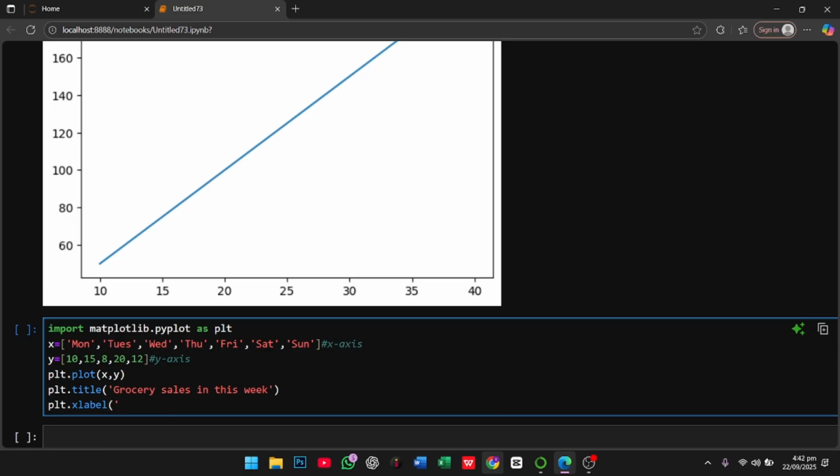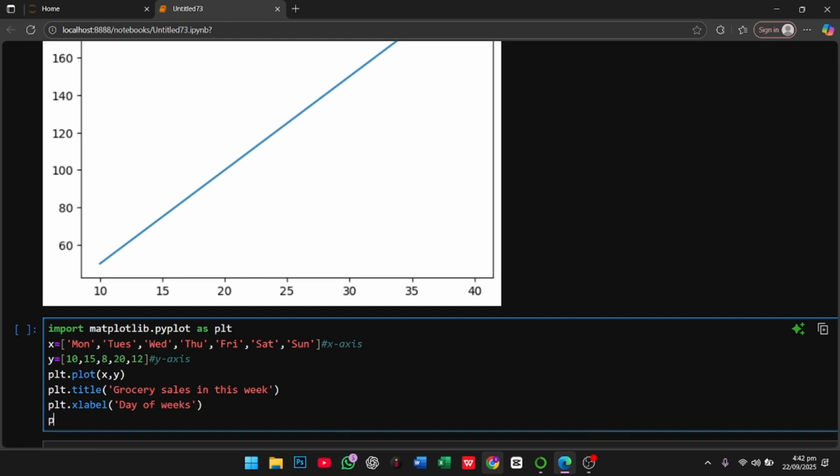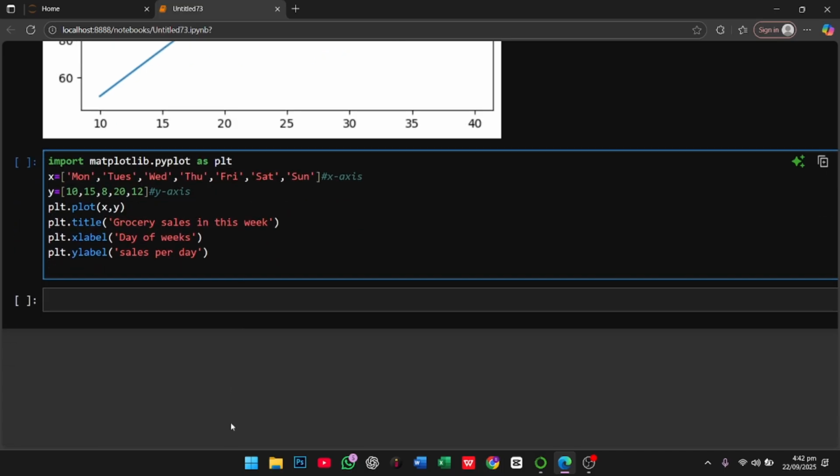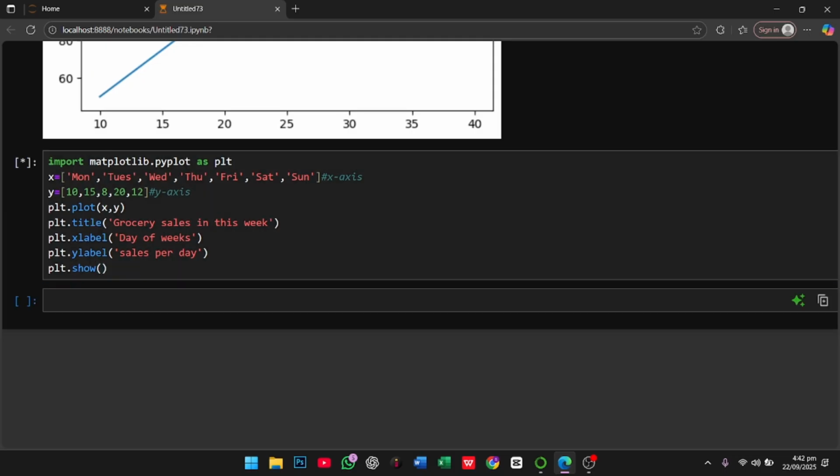So here I am writing Day of Weeks, and plt.ylabel. And here I am writing Sales per day. And now the last thing is that in every program, in every code, at the last you have to write plt.show to show me the graph. Okay. And now if I run this program,